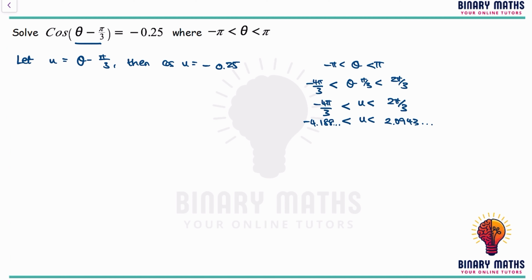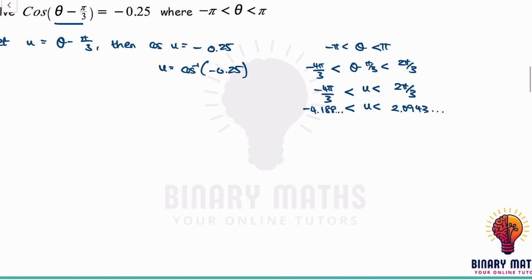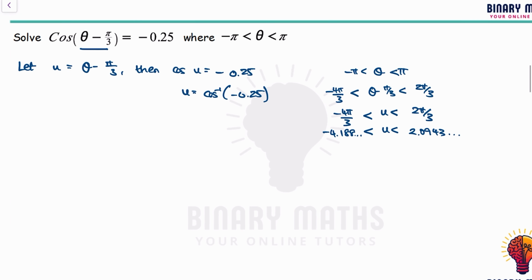Okay, so first thing I need to do is to find u. I need to do inverse cos of negative 0.25, which in my calculator gives me a value of u equal to 1.823 to 3 decimal places. So if I sketch this, I can see clearly that's within my range. So I need to go, if I draw my